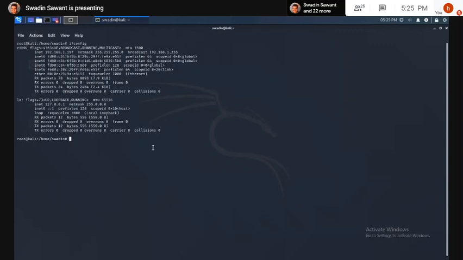What's next? What should I do? Okay, update and upgrade Kali. So for that, I'll do apt-get update. Now this command was used for older versions of Kali. The commands have been changed. You can use apt update,